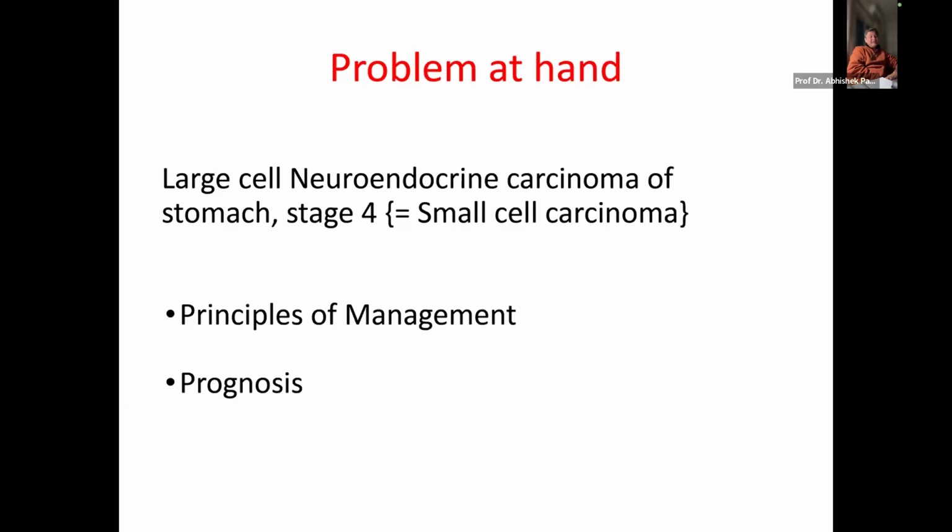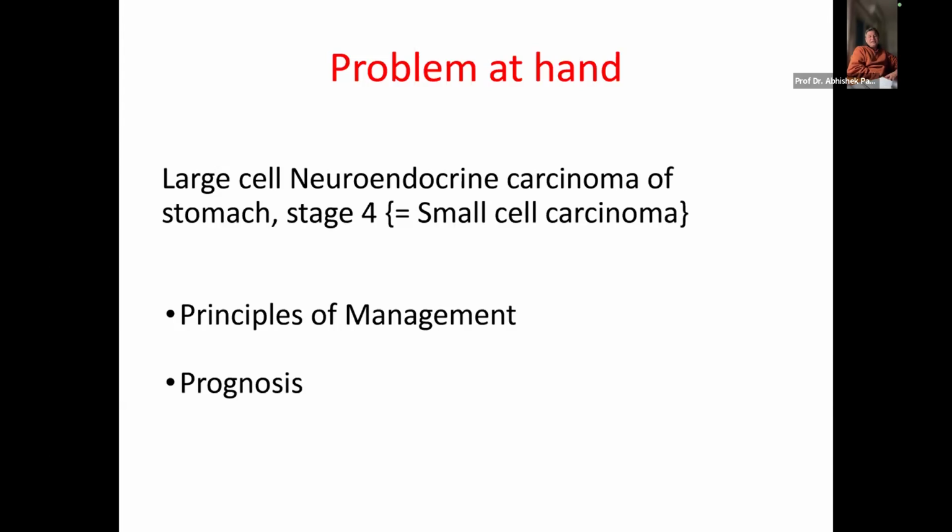carcinoma. 90 years of age, though you have said that he is ECOG 1, but definitely we'll have to take it with a pinch of salt because many a times what we have seen is that they do appear to be very ambulant and in good state. But the moment you give them the first cycle of chemotherapy, they don't have enough reserve to come out of it. So in such kind of case, definitely I try to do those geriatric scales,